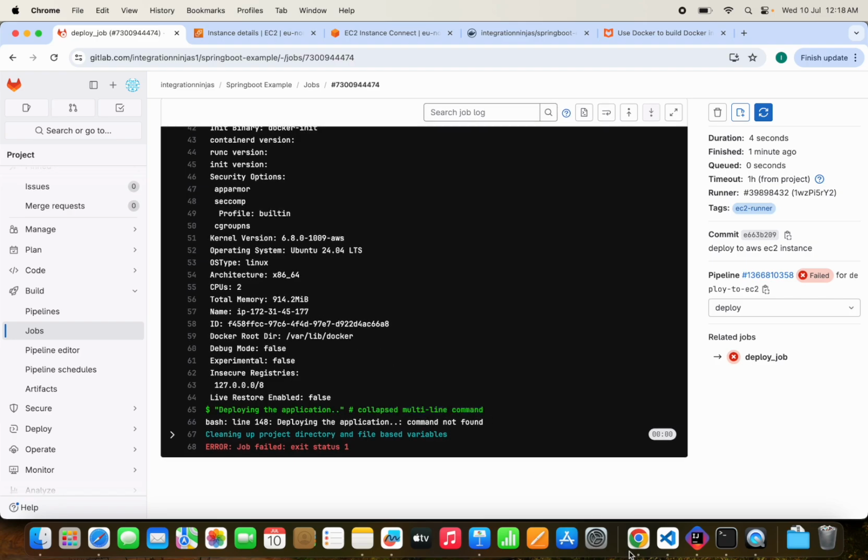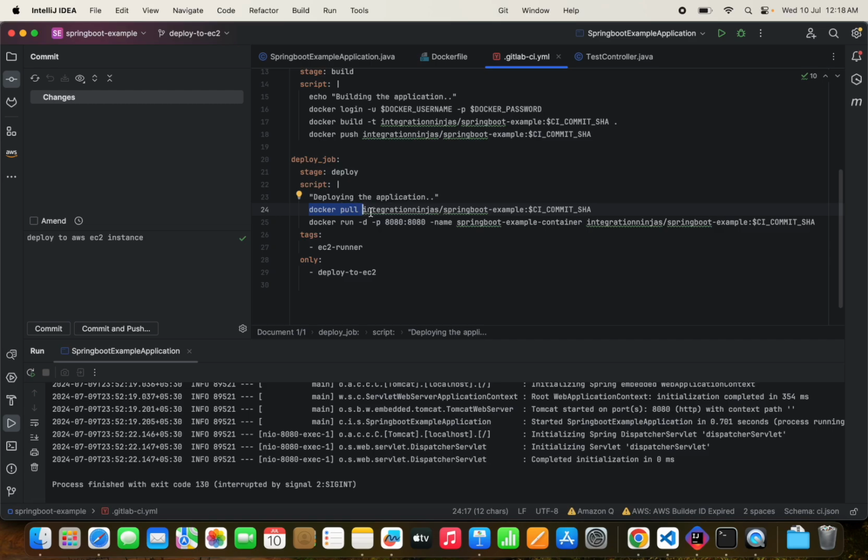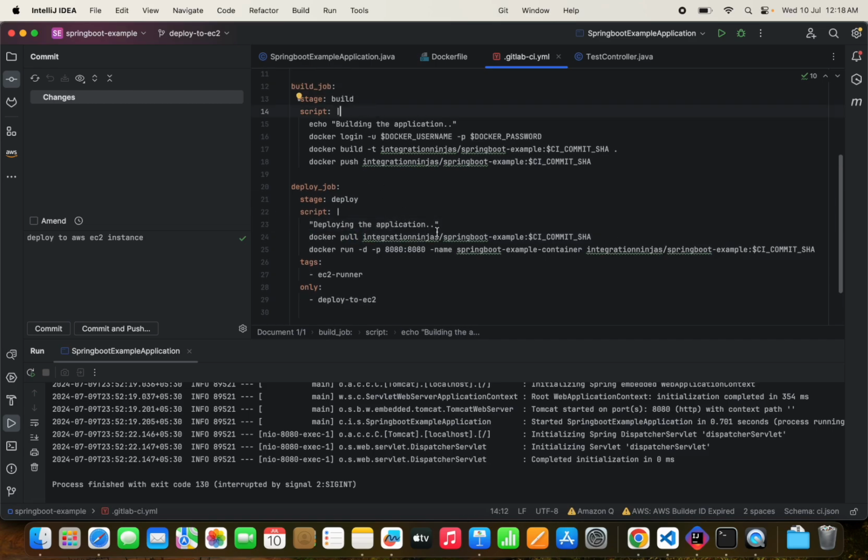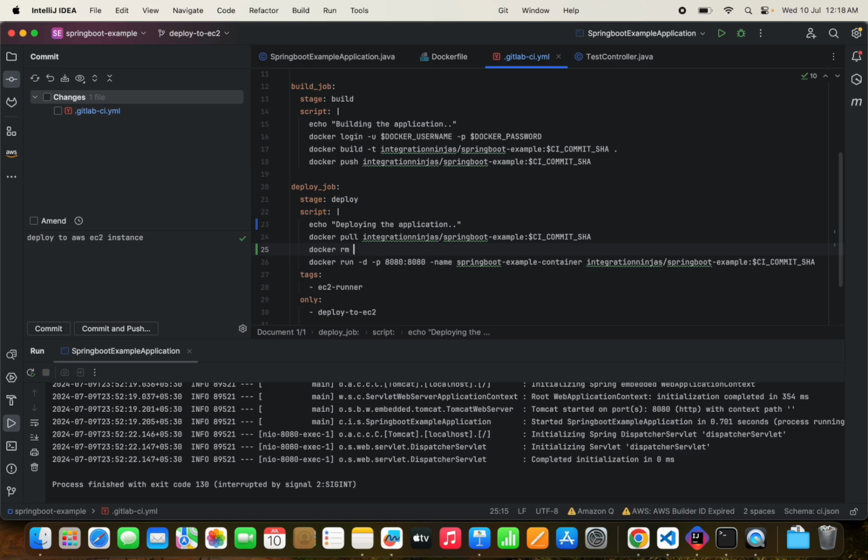Collapse multi-line command. Okay, yeah, this is the problem actually. What we missed is we need to echo this because we haven't used the echo statement. That's why there are some issues. And now I think better we add one more step here, like if the container already exists, then we'll just not deploy this. We can just add that docker rm -f, the container name. If it is already there, we'll just delete and we'll redeploy. Okay, so this is one of the changes we missed, and let's commit these changes now again